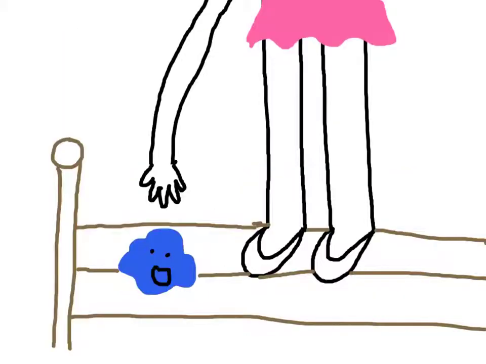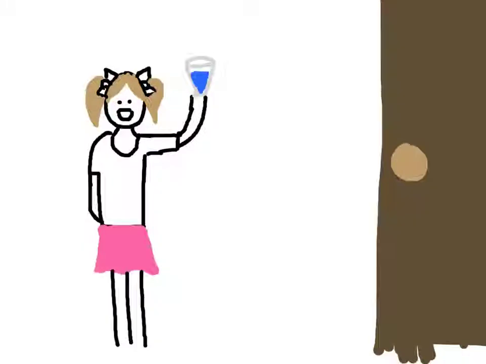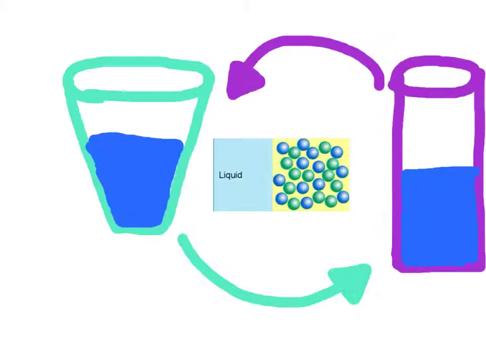All of a sudden, a little girl came and took Harry and put him in a glass of water. And one thing here, water or liquid, any liquid, changes its shape. Liquids have a definite volume, but not a definite shape. So the amount of water will be the same, but if you were to put it in a regular glass, it would take the shape of that glass. But if you were to put it in a cylindrical glass, it'll take the shape of that. Liquids have a definite volume, but not a definite shape.